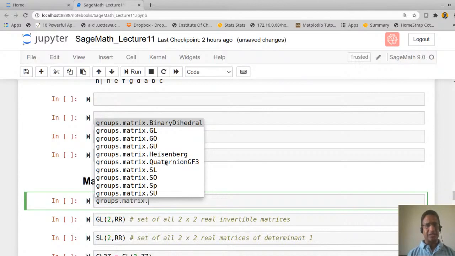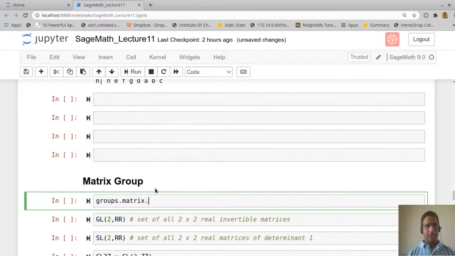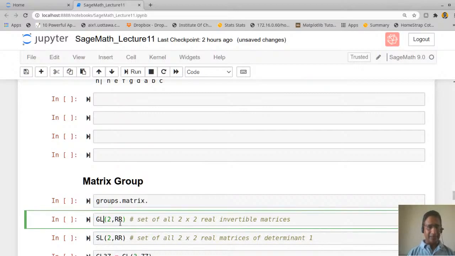But at present, let us explore two groups: GL, the general linear group, and SL, the special linear group. So if I want, let us say, the set of 3 cross 3 real matrices which are invertible, I have to say GL(3, RR).